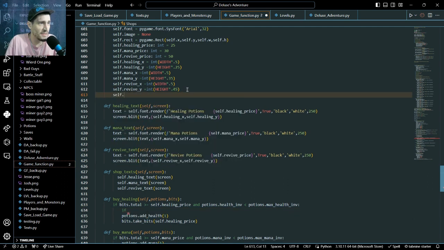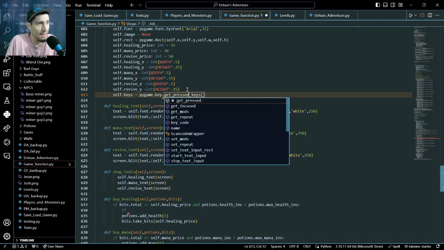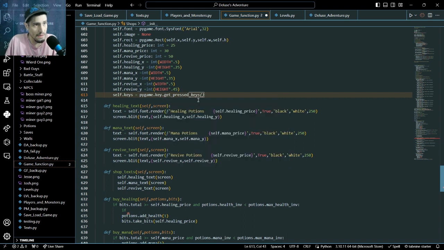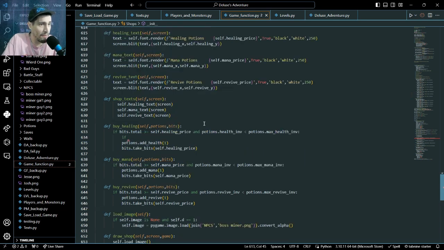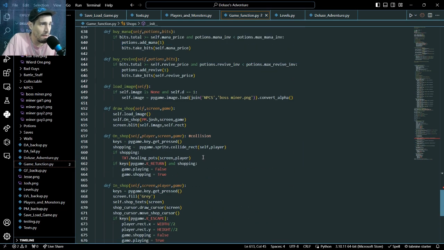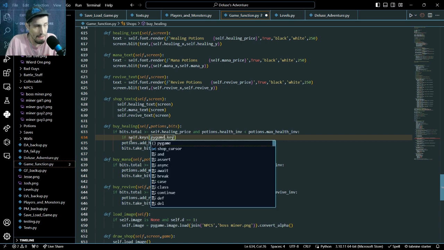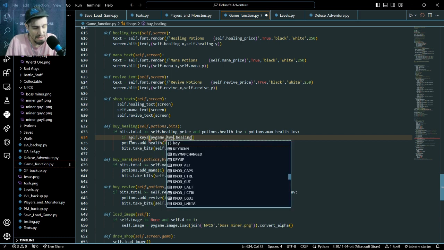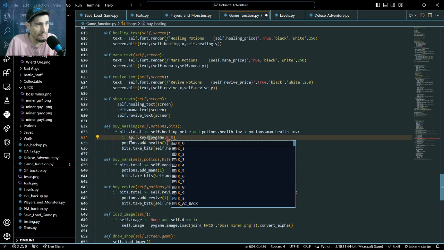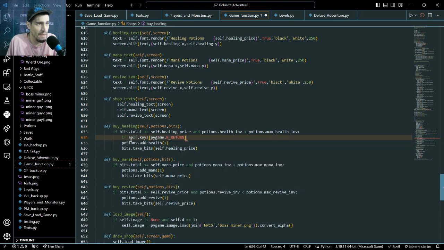maybe we can just go self.keys is equal to pygame.key.get_pressed. Okay, that way we won't have to, where is it? Nope, right here. Okay, so if self.keys and then pygame.K, oh, it's capital. Okay, K_RETURN and